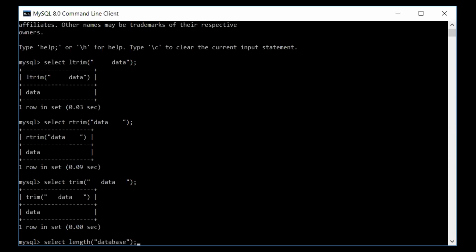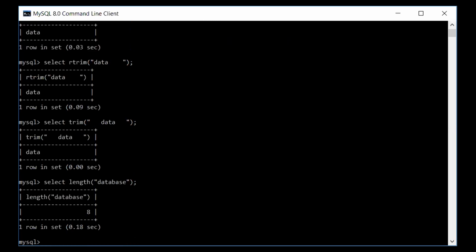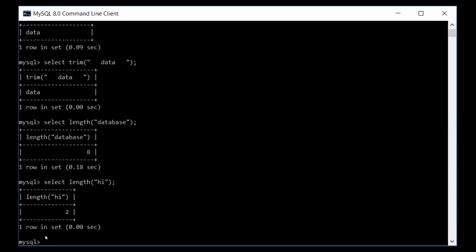So in this 8 characters are there, so it will return 8. And suppose if I check for select length high, so it will return 2 characters.